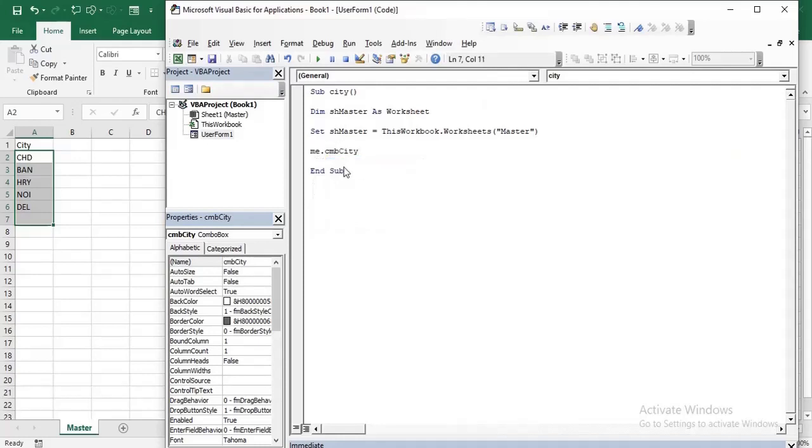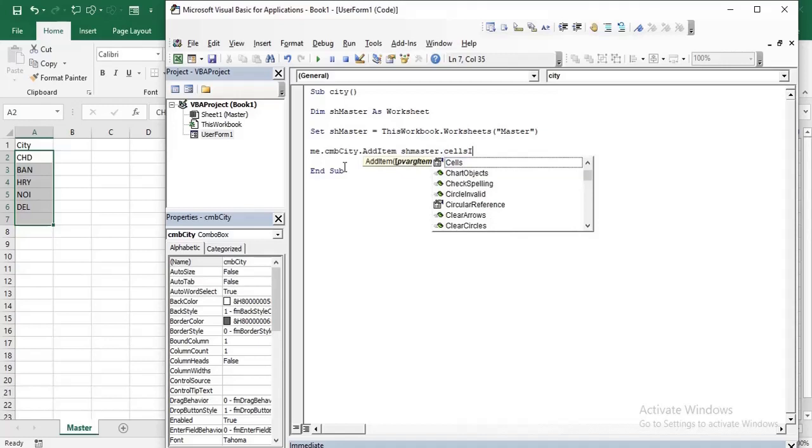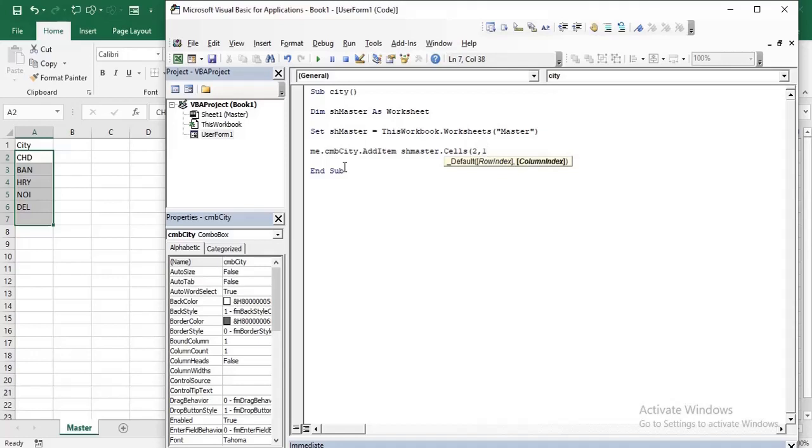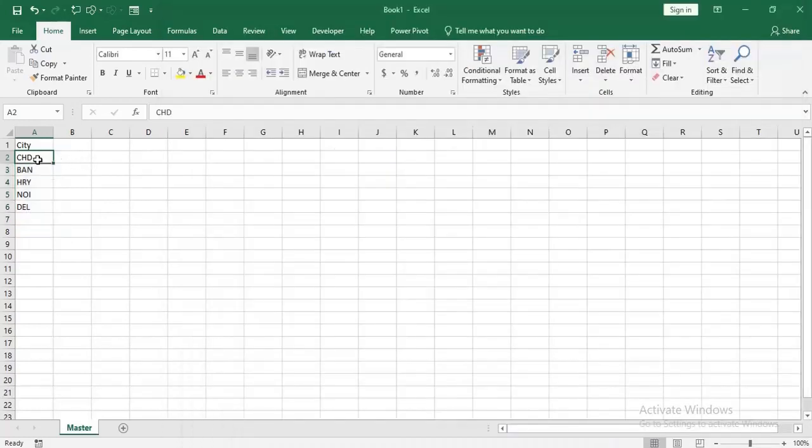Me dot cmb dot add item sh master dot cells 2,1. What is cells 2,1? This is Chandigarh, but I want to make this dynamic. For example, if there is any addition or deletion in future, the box will automatically change its value.